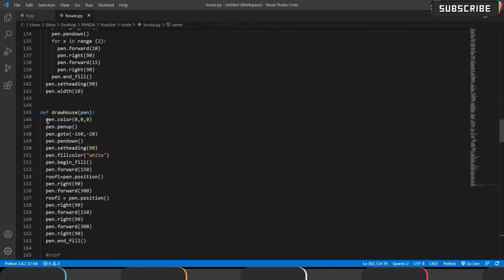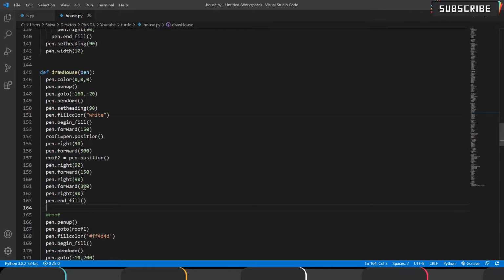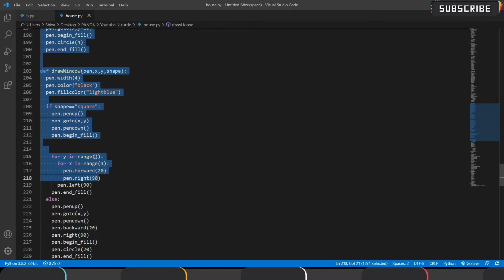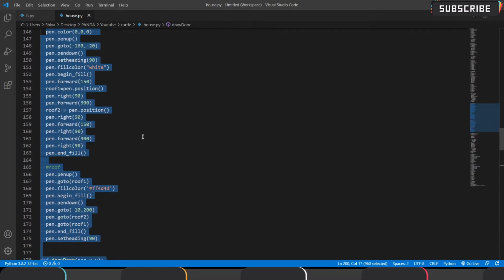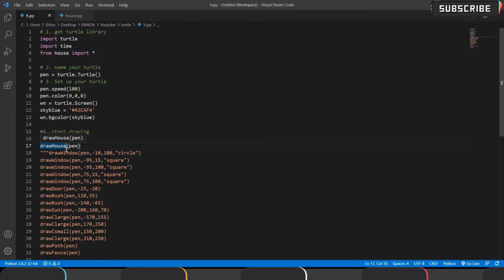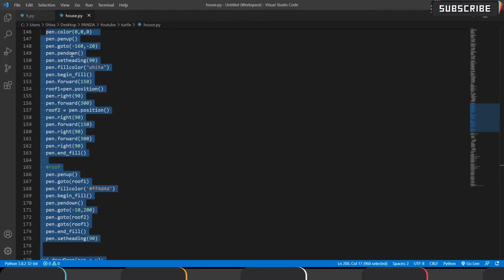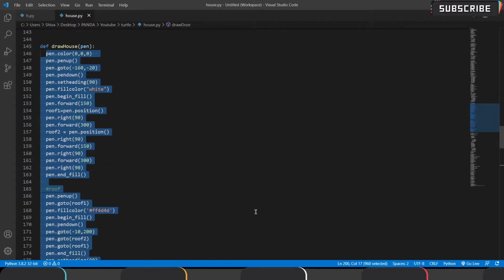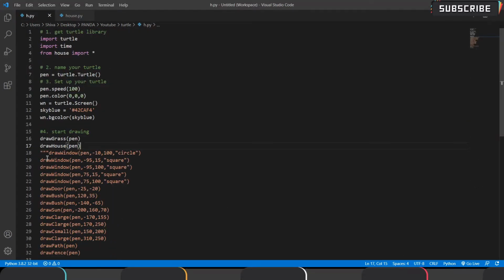Yes, the draw house function will be executed, so this code will be executed in the background. We just use this function, and then it searches in the house module and directly executes this code. Next, let me add windows to our house.